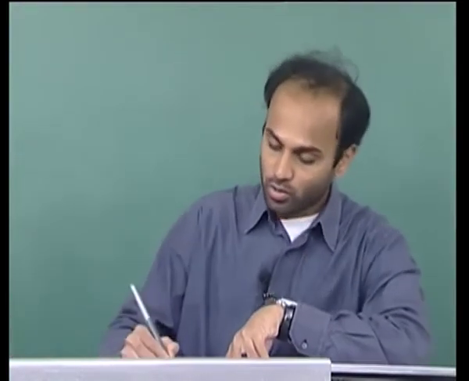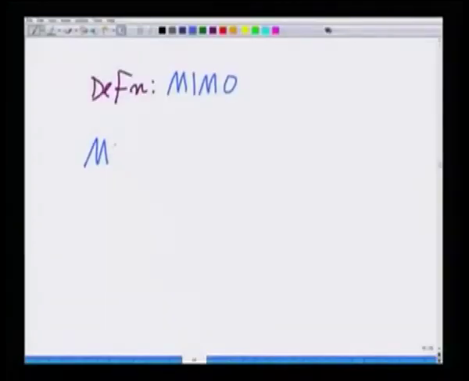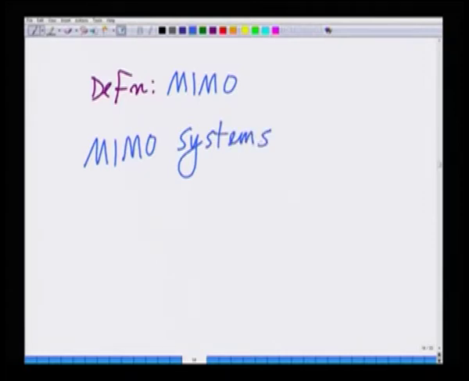So, MIMO systems have multiple antennas at the transmitter and receiver. So, MIMO systems possess or have multiple, that is the keyword, multiple